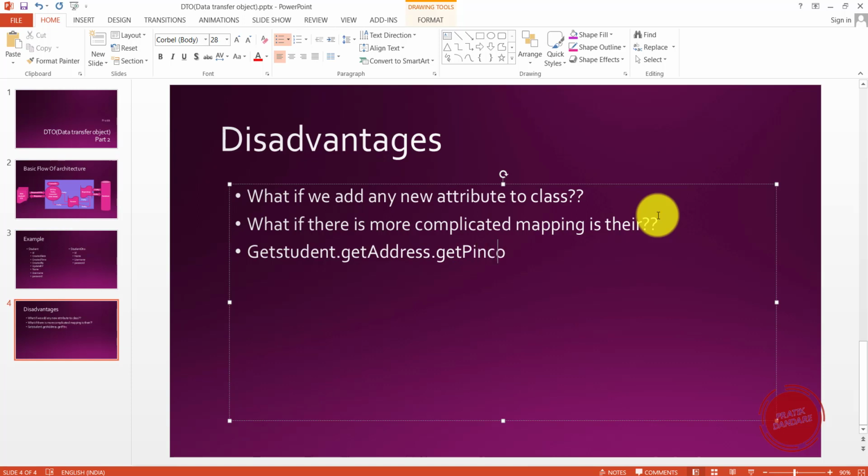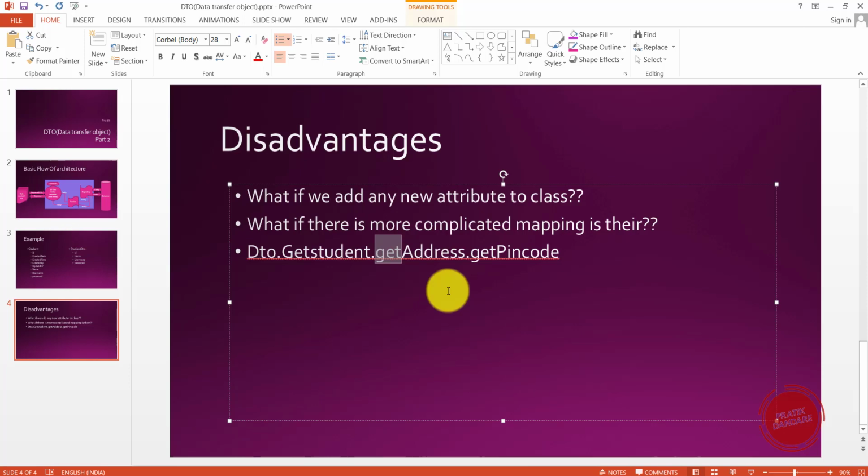So you are creating your DTO like this. Whenever you are getting the student, getting the address, getting the pin code, for example, your address is null here. At that time, you need to check for null each and every time.